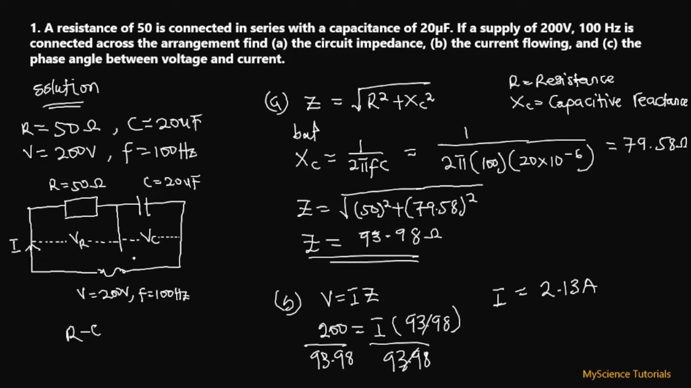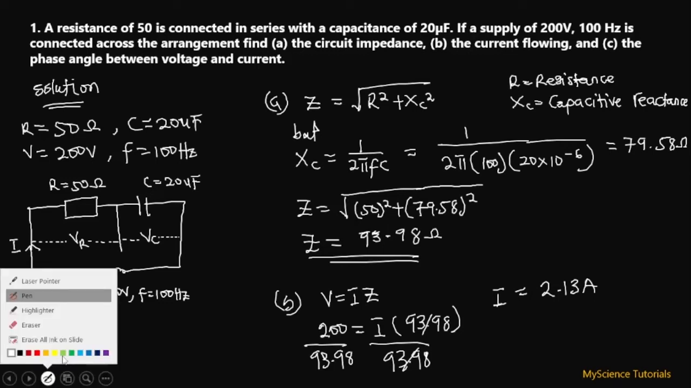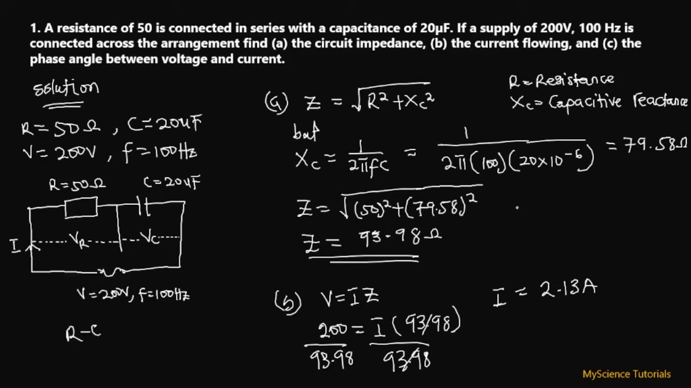Okay, so the last thing we want to look at is to find the phase angle between the voltage and the current. So to find the phase angle, which is the angle between the current and the voltage, it is given to us as tan of the phase angle is equal to the capacitive reactance over the resistance. So we have our angle is equal to the tan inverse,